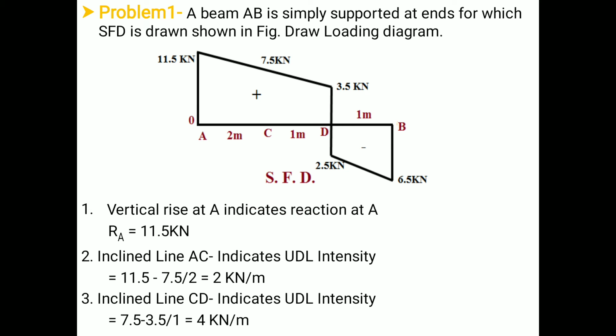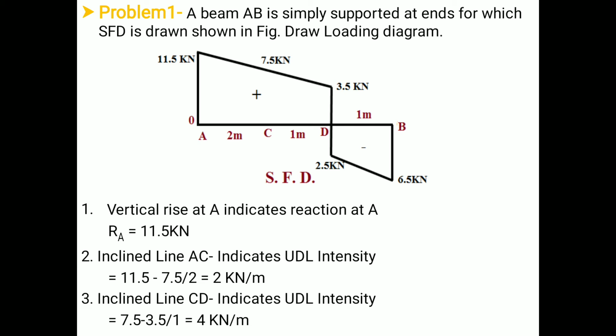So first of all, the first step is we have to mark the point in this manner. The flow of shear force diagram is in this manner. It will start from the left support A, go down in this way, and end at point B. So the first step is to mark the arrow that shows the flow of the shear force diagram.